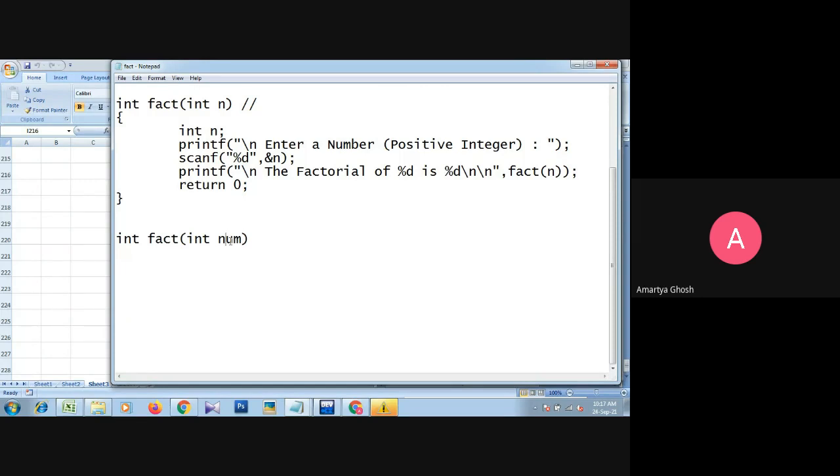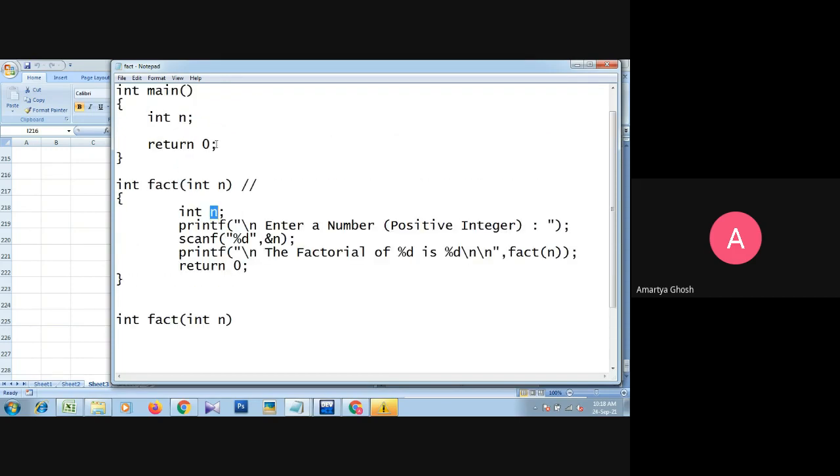now in the fact function, we can say this is n also, because this n and this n are not the same. Okay, so this n is the local variable of, oh my goodness, this is main function, and I just delete this.